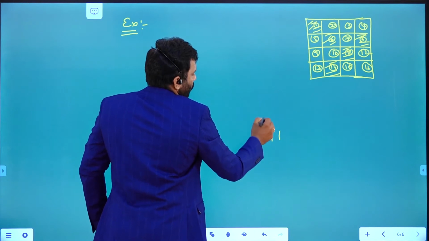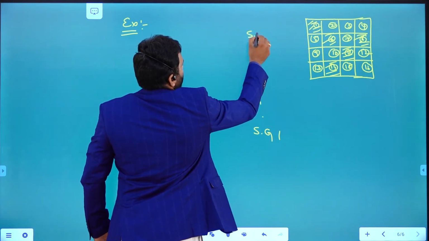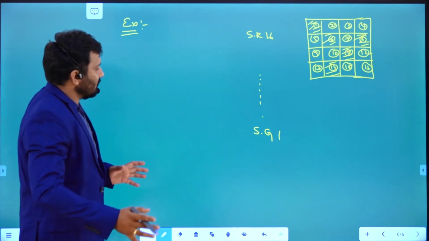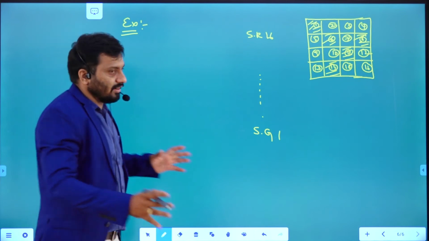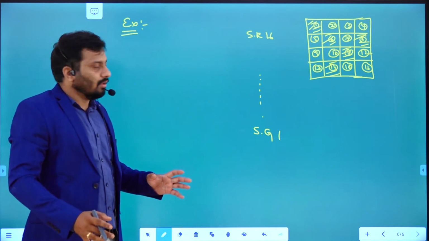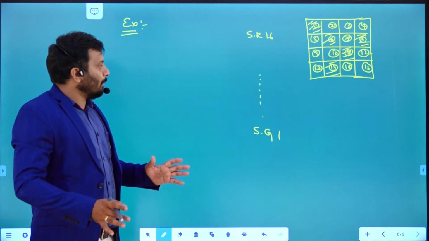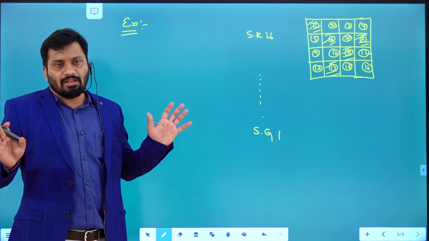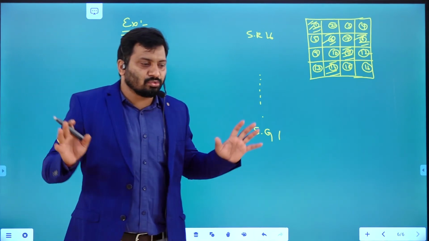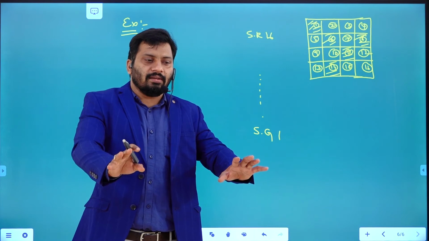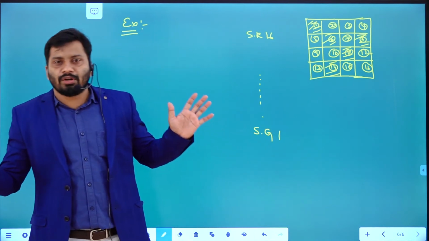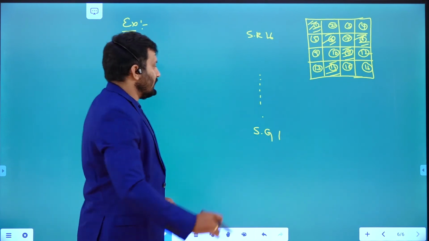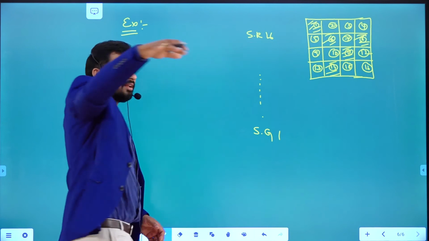That is 1 to 16 spray guns, right? Every spray gun is filled with red color. Depending upon the control action on that particular spray gun, it may spray or it may not spray. If it sprays, it is going to spray red color on that particular tile. Otherwise, it is not going to spray, which means the same white color is going to stay white only. So 16 spray guns are going to be placed like this.